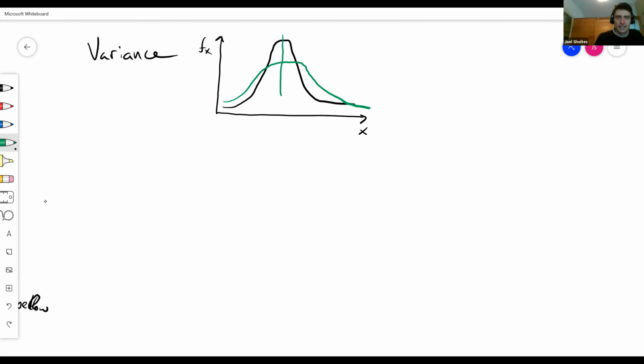And the idea here is, what's the spread of your data, right? And so the green one, there's a bigger probability density farther away from the center. So that means we have a higher frequency of larger values and a higher frequency of smaller values. So it's going to have a higher variance, more observations away from the mean. When we calculate variance,